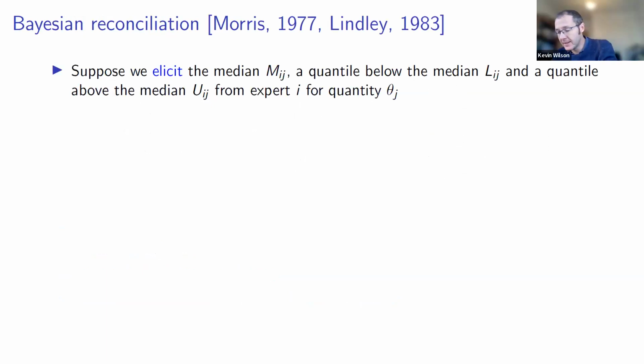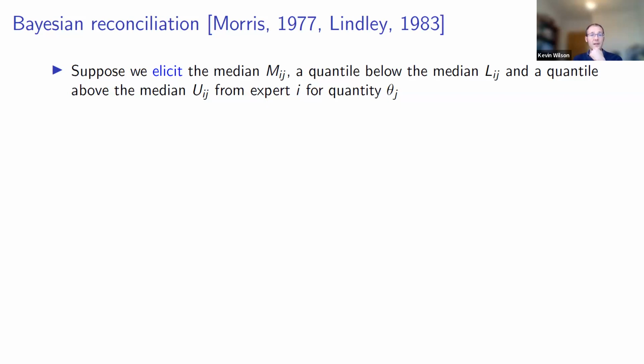So the idea here is that instead of using some sort of linear pool where you give each expert a weighting and then average the distributions in a sophisticated way, instead we're going to use something called Bayesian reconciliation or Bayesian aggregation to do it instead. And so you are still, in some sense, going to get some sort of combination of the expert distributions, but the combination rule is just a little bit different.